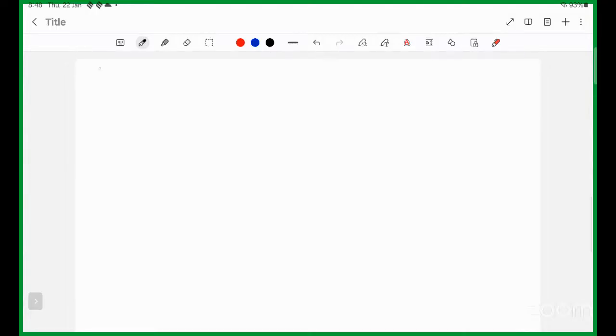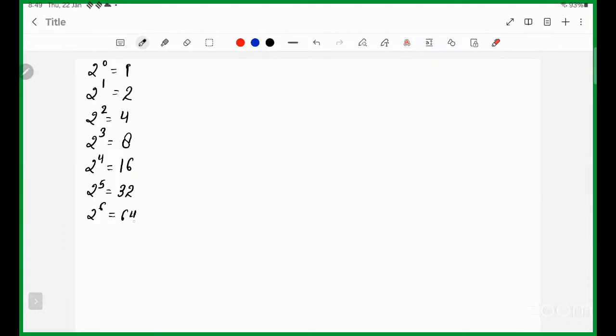Like 2 raised to power 0 is 1. 2 raised to power 1 is 2. 2 raised to power 2 is 4. 2 raised to power 3 is 8. 2 raised to power 4 is 16. 2 raised to power 5 is 32. 2 raised to power 6 is 64. 2 raised to power 7 is 128. 2 raised to power 8 will be 256. 2 raised to power 9 will be 512. 2 raised to power 10 will be